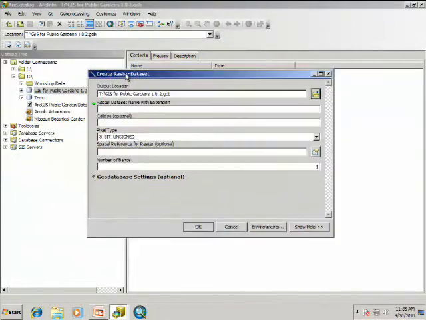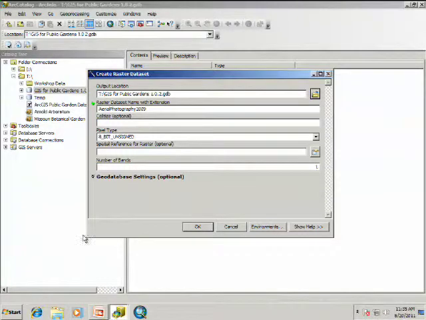Okay, so now does everyone have this Create Raster Dataset box up? All right, and now it gives you, where the green dot is, a spot to name this particular thing. So I'm going to call mine the same as what it's named in our folder there. So I'm just going to call it Air Photography